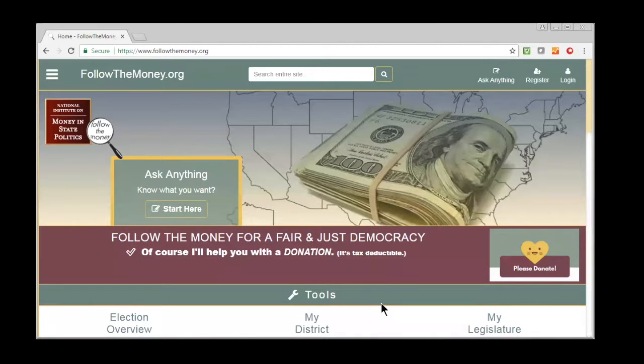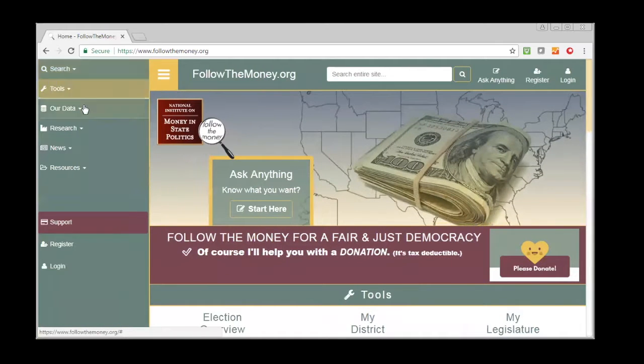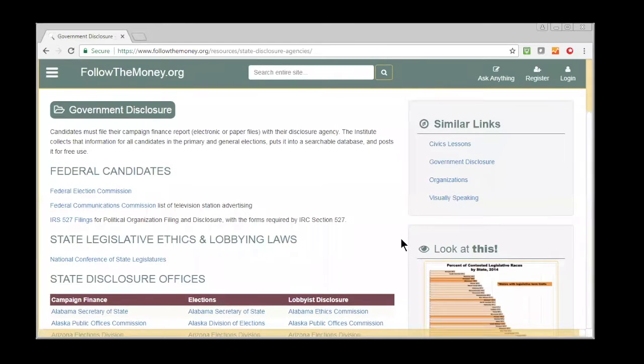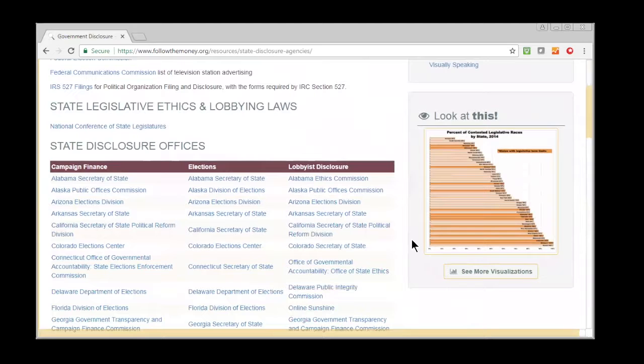So what we do when we gather the data is we go to the state agencies that collect the campaign finance reports. So if you go here and check out resources and government disclosure, here you'll get a list of all those different agencies that we gather from. So if you ever want to go back and check an original report,